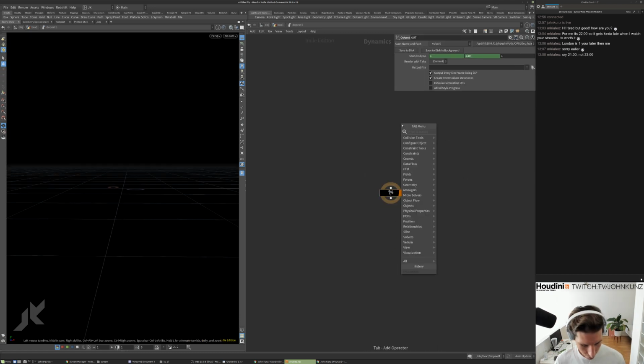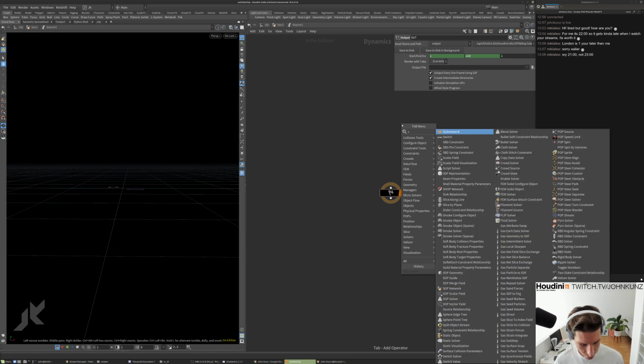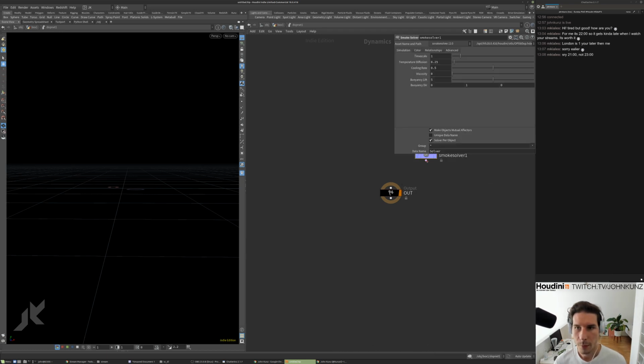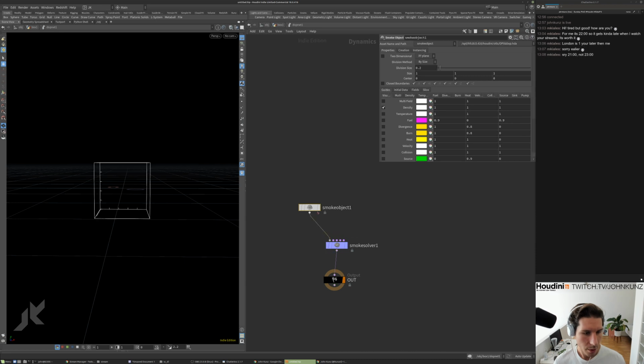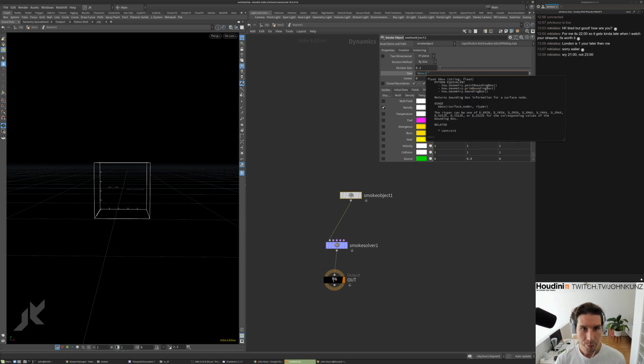So let's go in here. We'll make our smoke solver. Smoke object, just to get this guy going. Then we'll just do our expressions. So we want the B-box size. One of the things you can do instead of, I think it will work. So instead of,